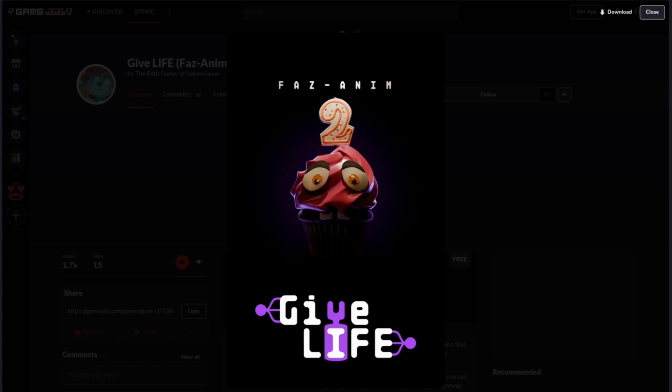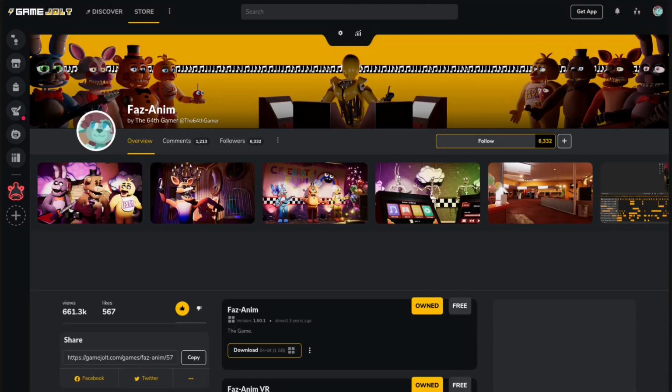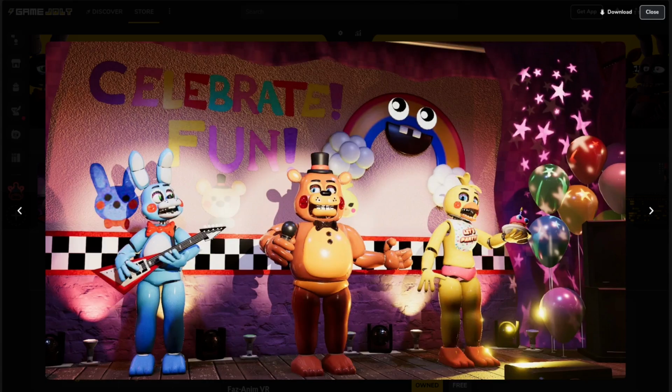If you aren't familiar with Faz-Anim, then Faz-Anim was a FNAF fan game that let you program whatever characters that you wanted. It introduced, hopefully, to a lot of the FNAF community, how animatronics really function and work. A lot of modern animatronics have a lot of very fancy software to get them to run, but I wanted it to be a program where you just push buttons, it would open a jaw, move a hand, whatnot, and you had to do it linearly in a timeline, and that was it.